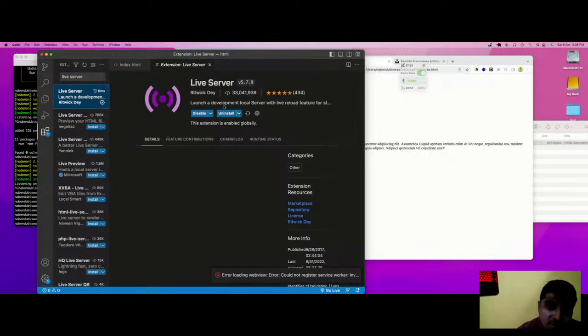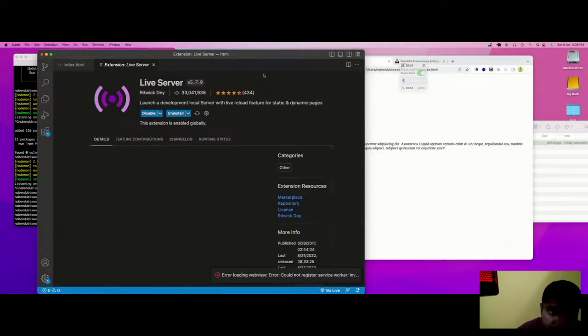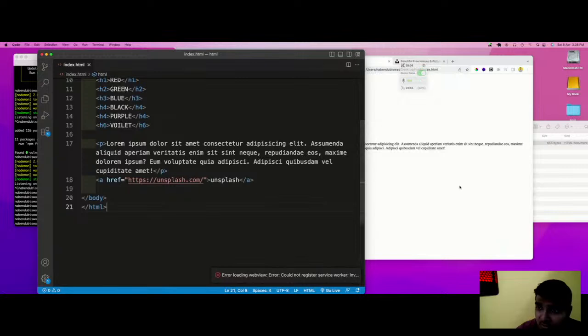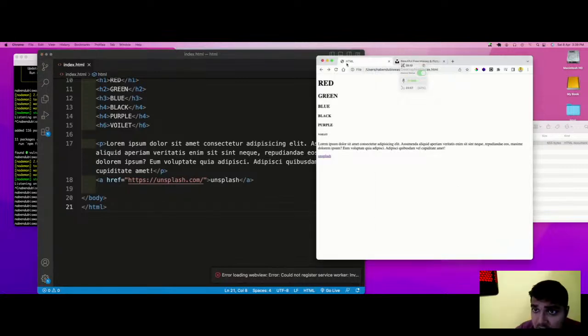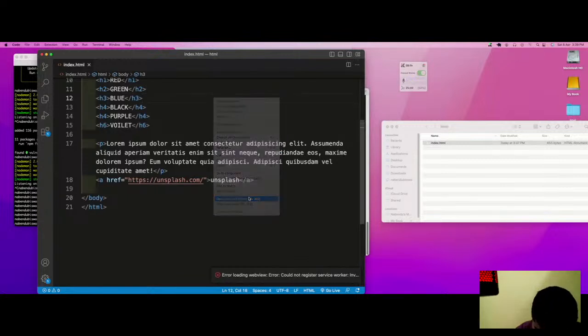The owner of this extension is Ritwik Dey, so please keep that in mind while installing this. Once you install it, as I have already installed it, it is showing me uninstall, so no need to do it again. Once you install it, simply open with Live Server.